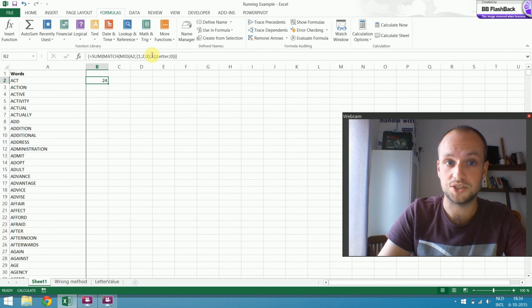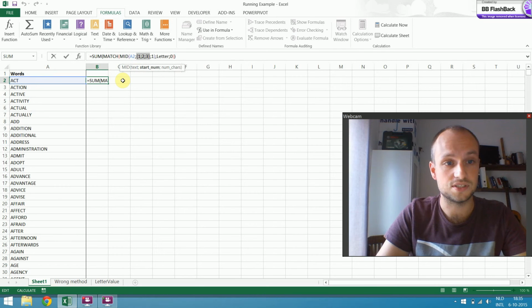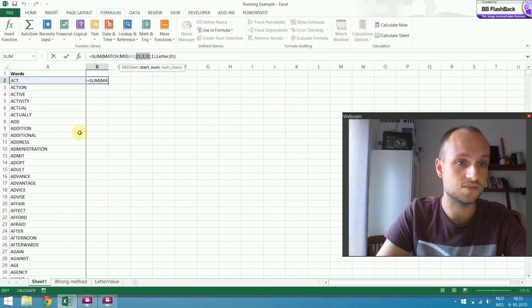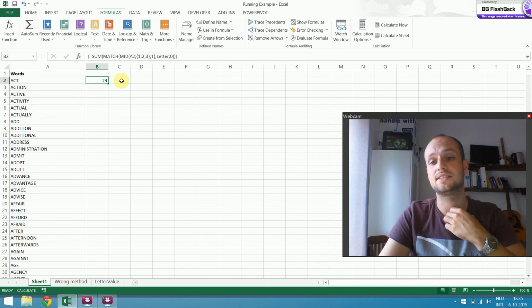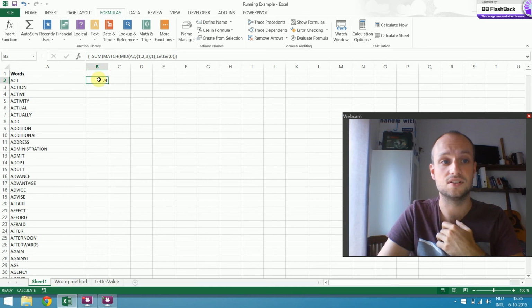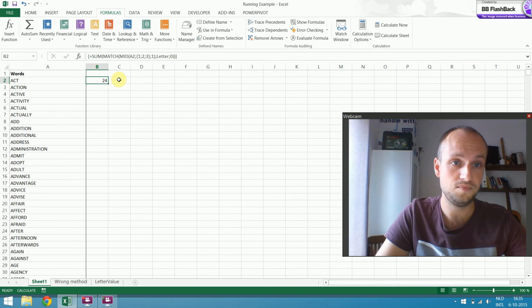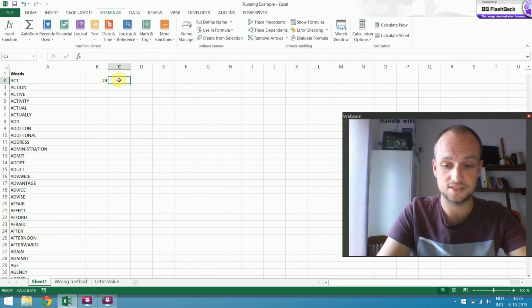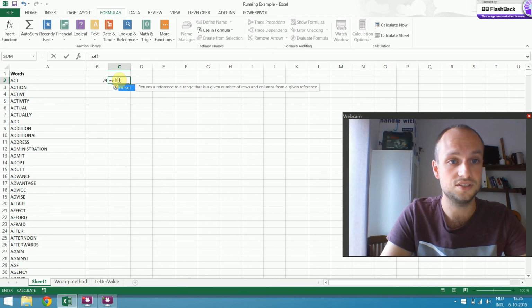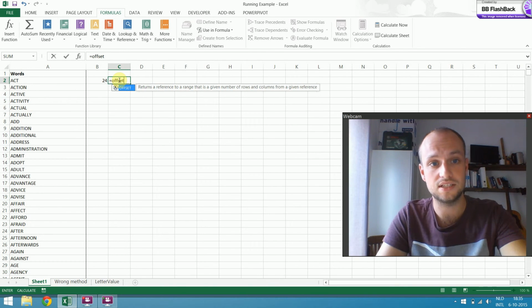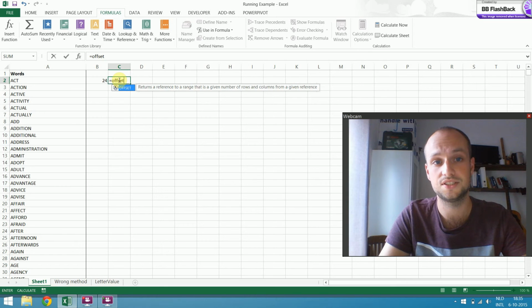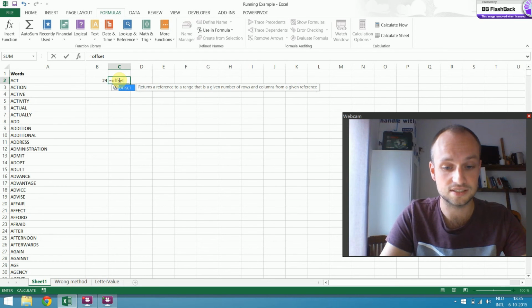But now we have assumed that we knew how many letters there were, and this is obviously not the case for the rest of the words. So our next goal is to make an array that automatically has the length of the word. Let's start by using the offset function. You can see the offset returns a reference to a range, so this is exactly what we need.